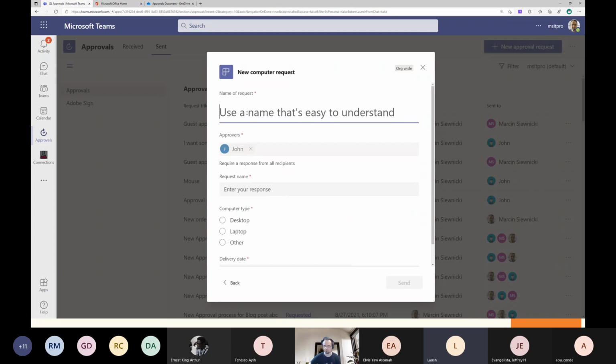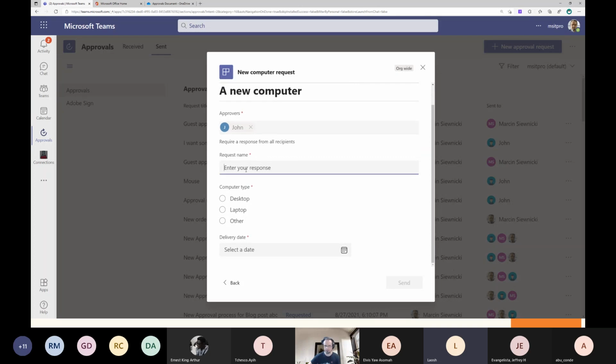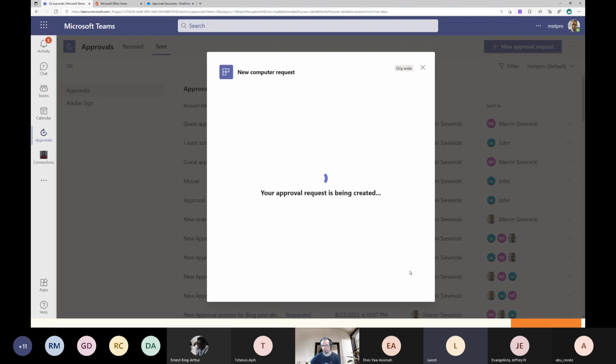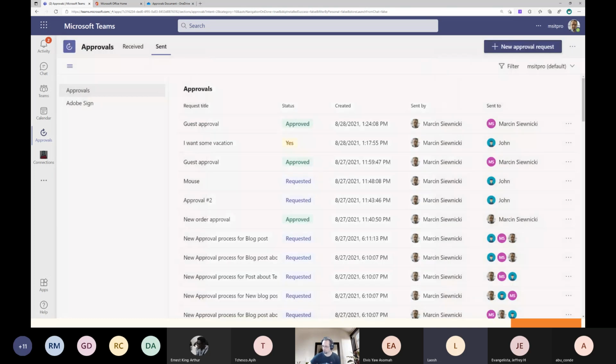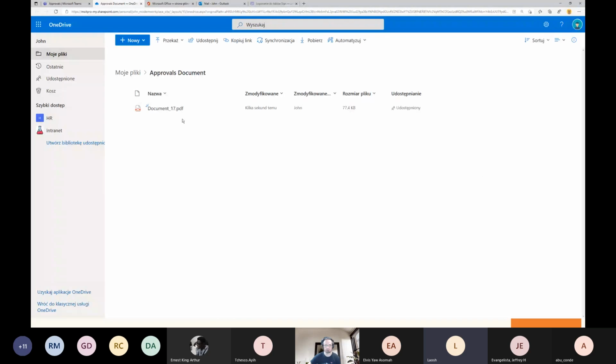So this time it requires some more information. A new computer. Yeah, as you can see, I can't change the approver. So it will be by default sent to John. Request name, same. My laptop died. I want a new one, and I need it as soon as possible. And that's it. And if I go to John's account,